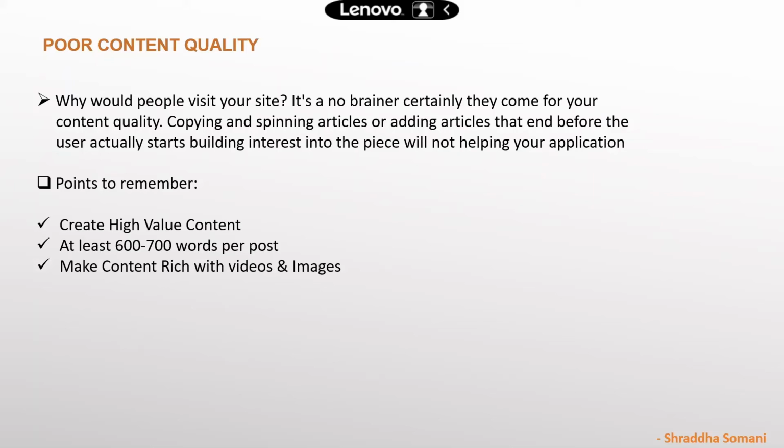Make content rich with videos and images. Plain text content does not look good, and people are not interested, right? Do you think people read each and every word? No, they try to relate to the images and videos that you have on your website, right? Google also says your page, your post should look like a content-rich page. For that you need to add videos and images.